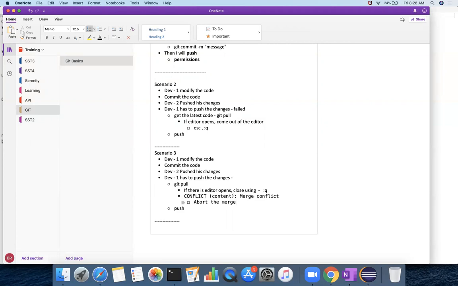The second option is to fix the conflict. You have to fix the conflict and then push the code. This is the second approach. So the first approach is like a getaway plan, and fixing the conflict is the actual thing you have to do. Okay, now we will see the first thing anyway.